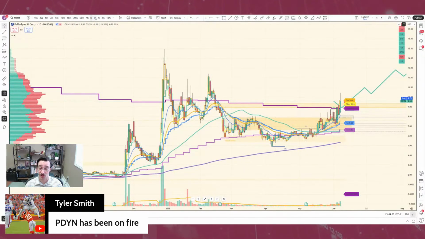This is a really clean chart, and it does look explosive. This is looking like it wants to squeeze. This kind of upward consolidation like this is very, very bullish. You'll see this on names like